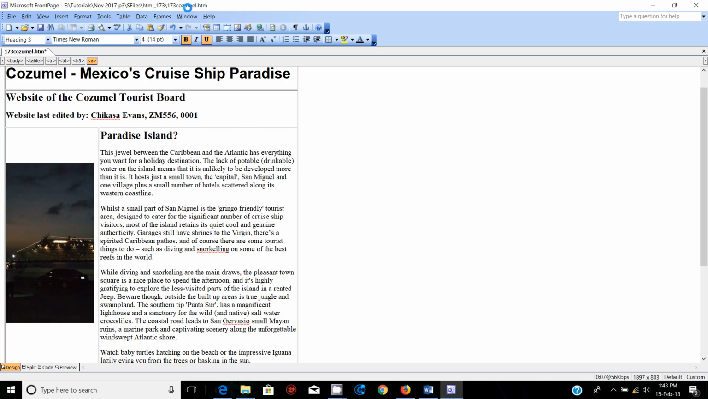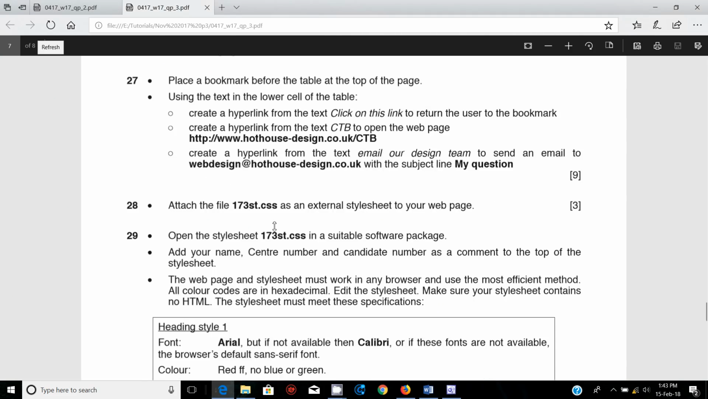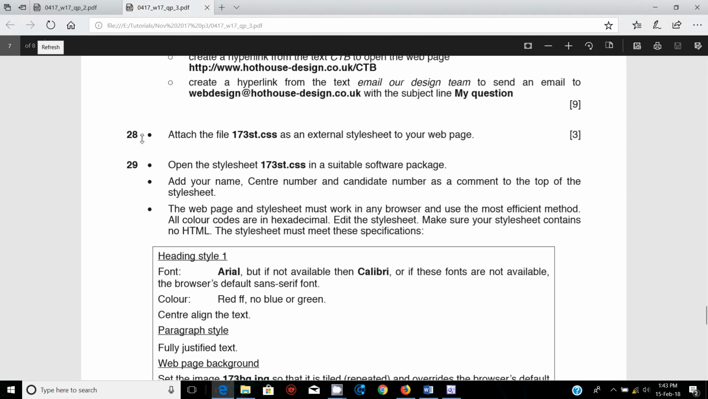In this tutorial, I'll be doing the last part in the October-November 2017 IGCSE ICT paper 3. I'll be doing the web authoring last part. Okay, so last time we did question number 28, and this time we start looking at question number 29. So question 29 says, open the style sheet